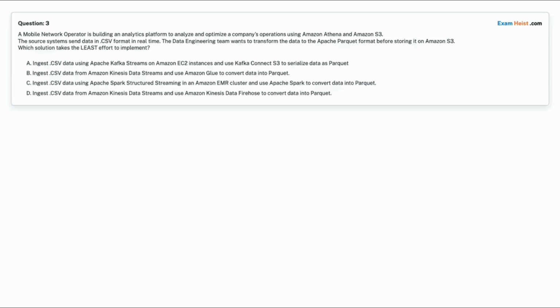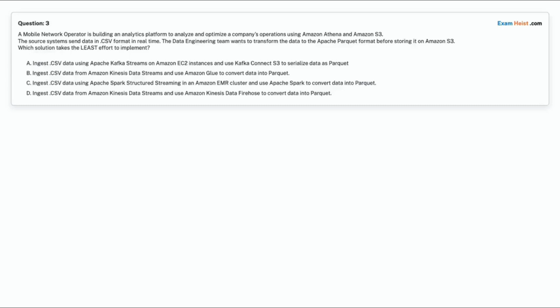Option C. Ingest CSV data using Apache Spark structured streaming in an Amazon EMR cluster and use Apache Spark to convert data into Parquet. Option D. Ingest CSV data from Amazon Kinesis data streams and use Amazon Kinesis Data Firehose to convert data into Parquet.